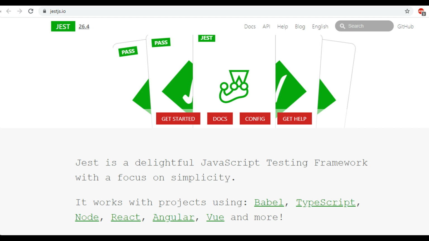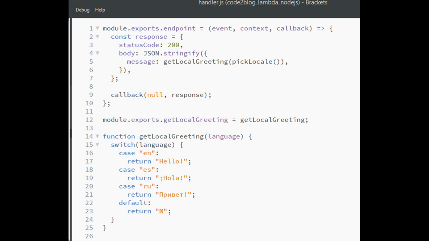Next, I will show you testing with few more frameworks such as Yarn and Jest. Install them with npm. It's not that difficult. We now create Lambda code to return JSON string with a greeting in English, Russian and other languages. Observe that we are not creating a simple JavaScript. Here you have special keywords called status code, body, event, so on.